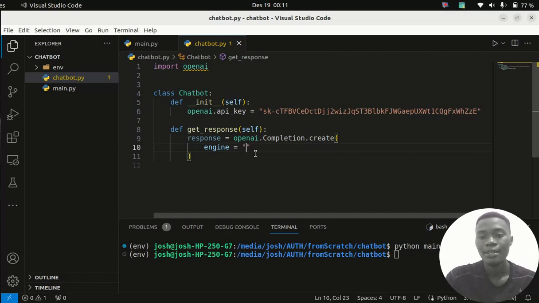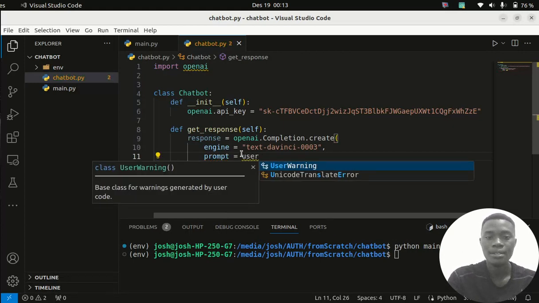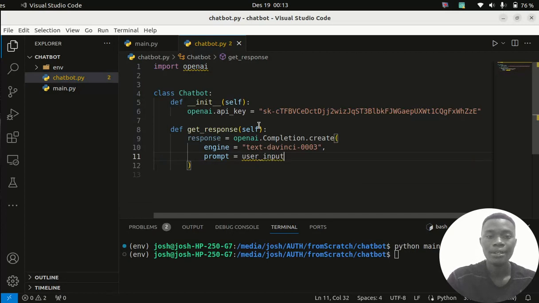Let's use OpenAI DaVinci's algorithms, because it's one of the engines that we can utilize, as in text-davinci-003, and then we define another parameter called prompt, which the user will type in, and that will be the user input,